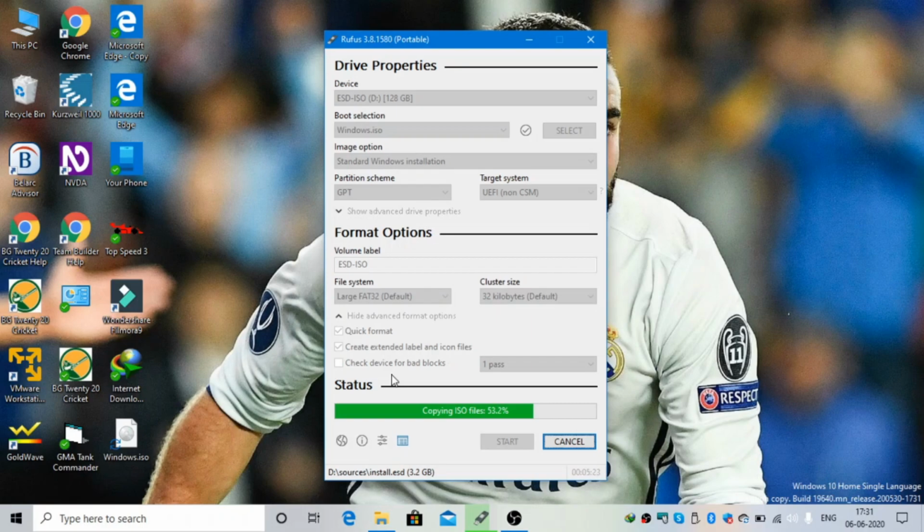In my case it is F12. Then you'll have to select the device, the pen drive or the external drive, and then Windows will start loading, and then you'll have to perform the steps. So let's let the file copy, and I'll see you back soon.